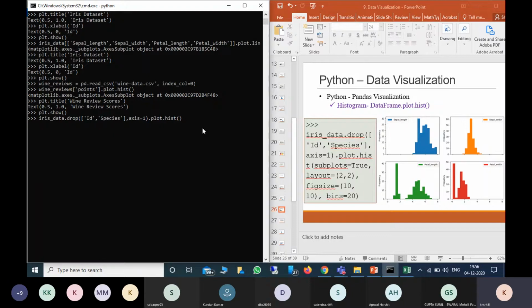So first I want to give subplots equal to true, then layout 2 comma 2. Then I want to give the figure size, that is optional, so you can leave it up to this point or you can give the figure size also.